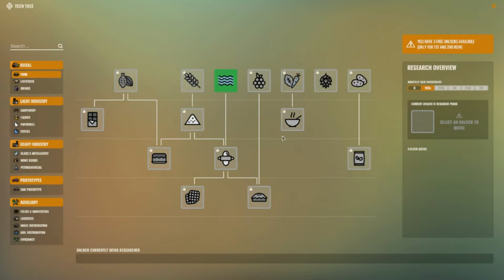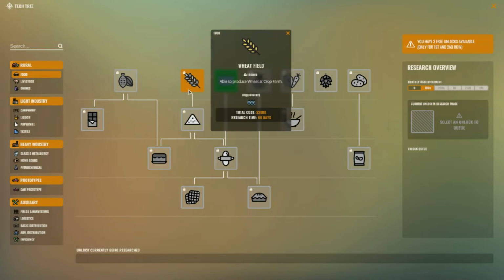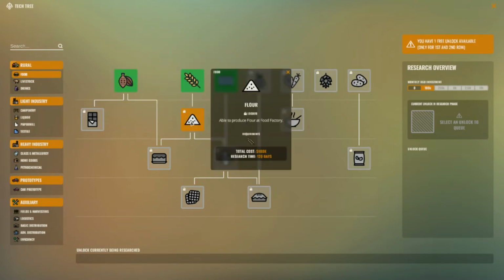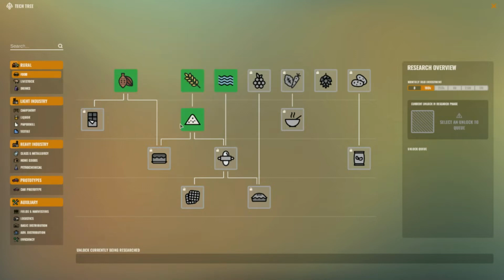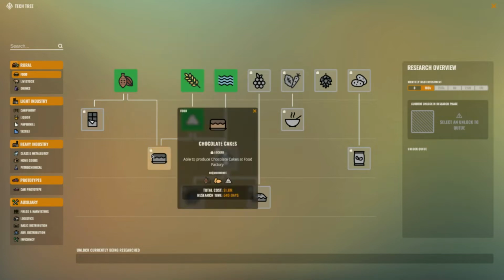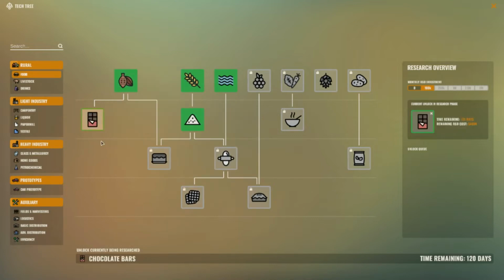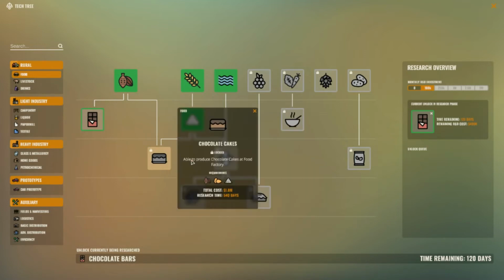So we've got to figure out a chain in a way, and we're going to start simple. We've got water. It always starts off with vegetables in game, but let's try this. We've got wheat and cocoa. We'll unlock flour, so those are 3 free, and with that we can then unlock chocolate bars as the research to start with, and we'll then do